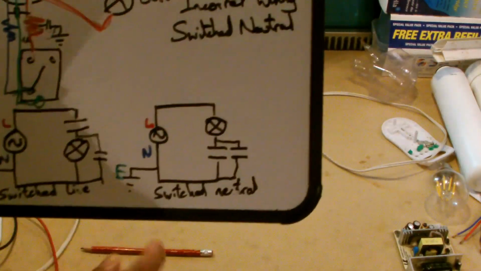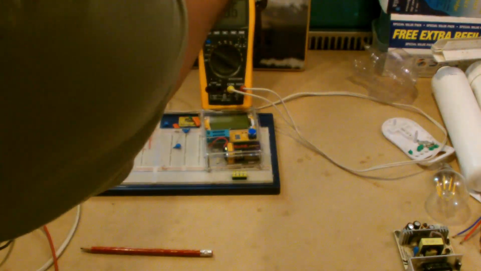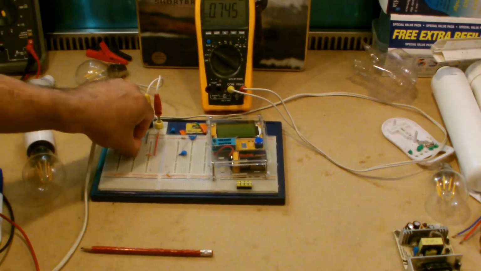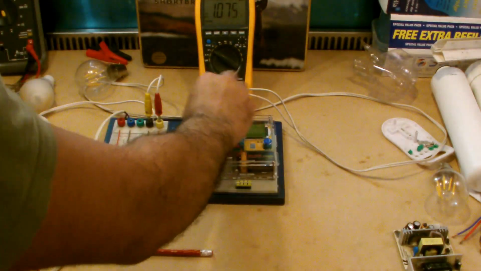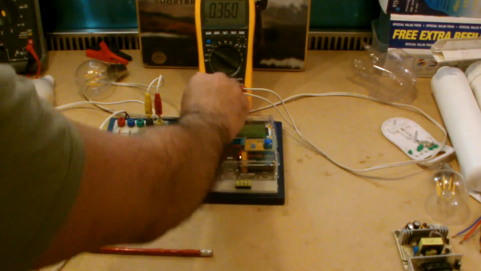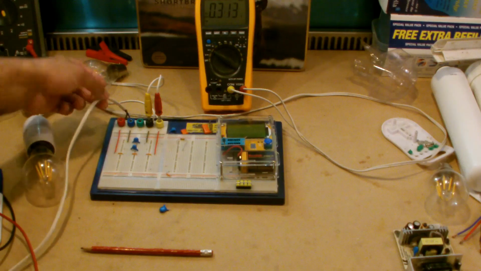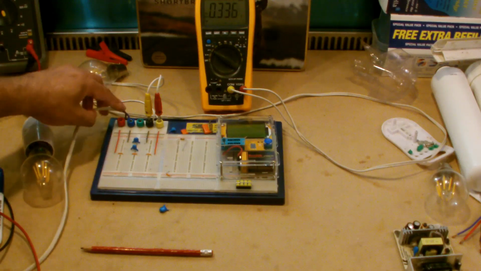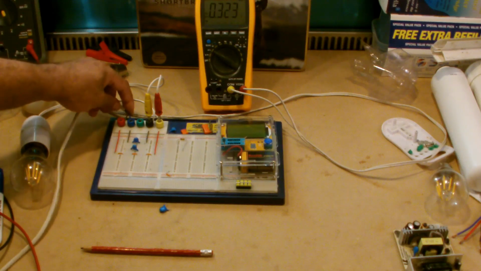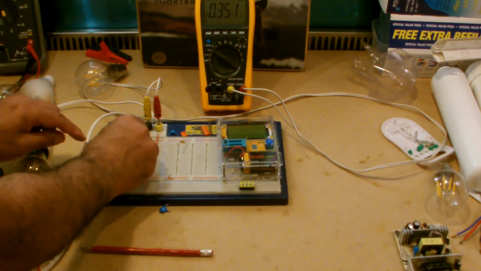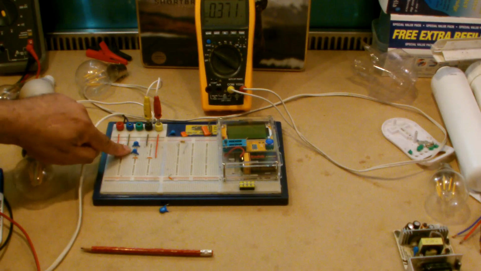I'm going to do this one first, which is adding the cap. Let's just make sure this is off. For the neutral, I'm going to emulate that by putting my cap in as I had before. And the earth element, I don't have an earth on this, but the reason the neutral is called neutral is because it's connected to earth at some point. And so I'm going to take a little green wire here and pretend that that's the earth.